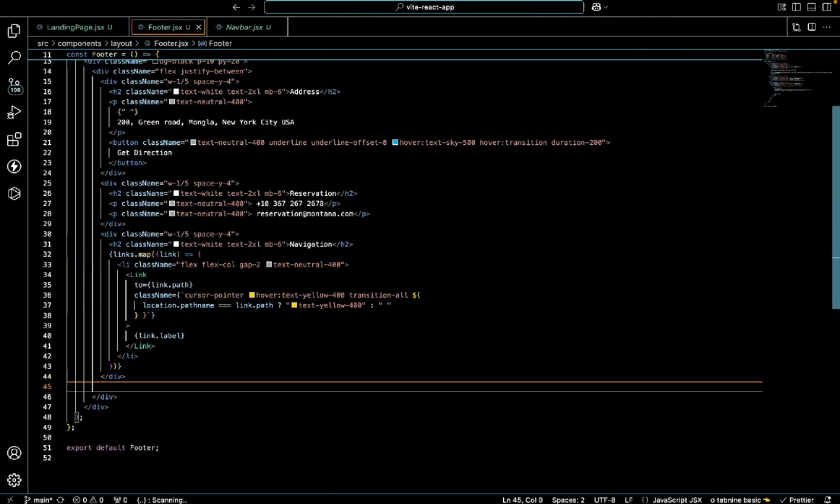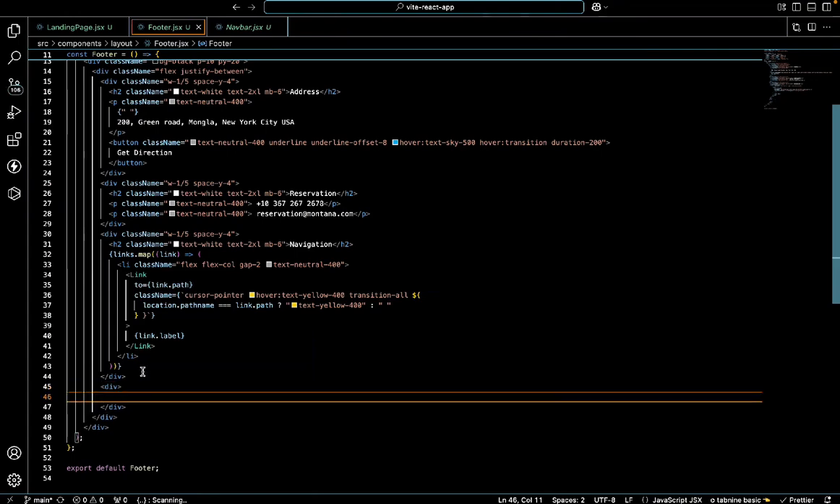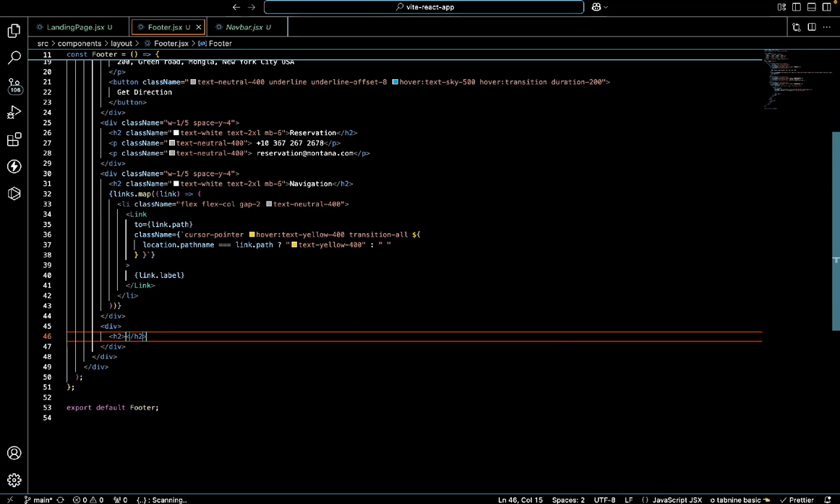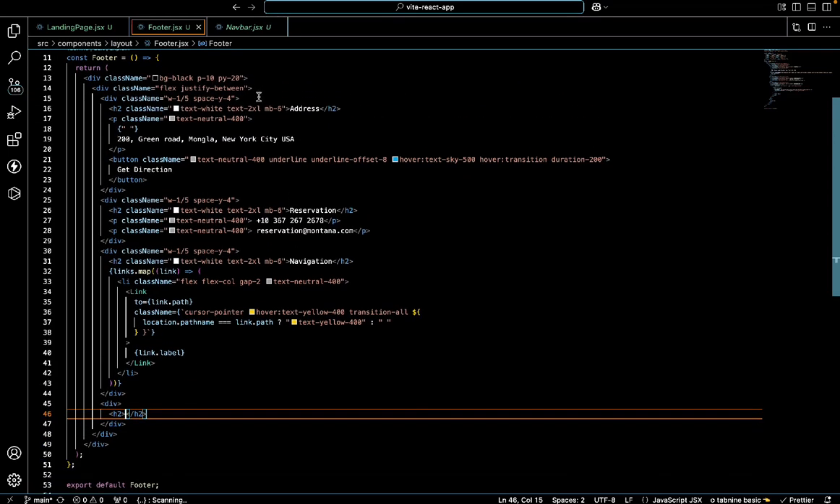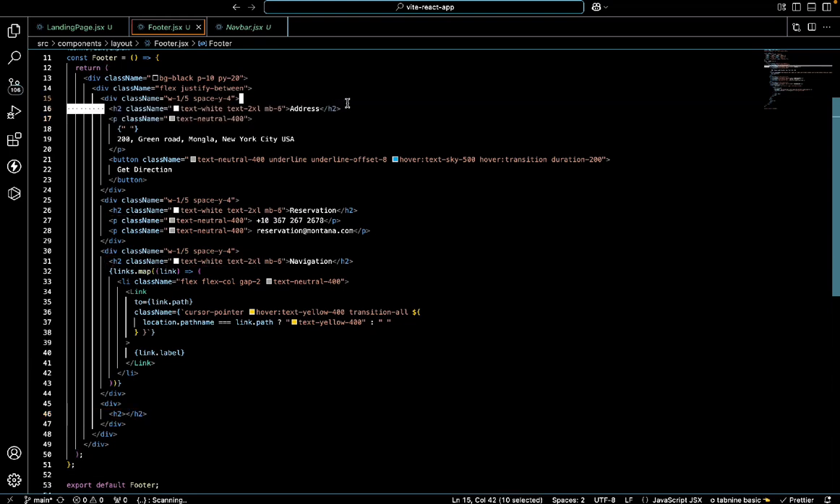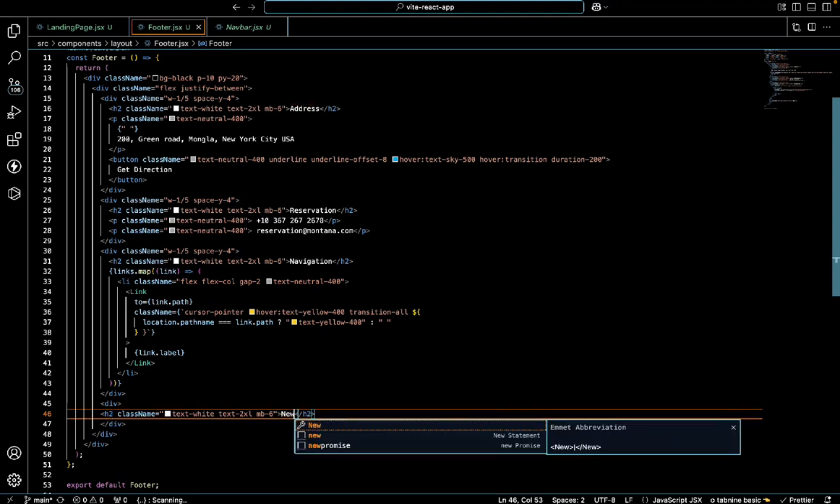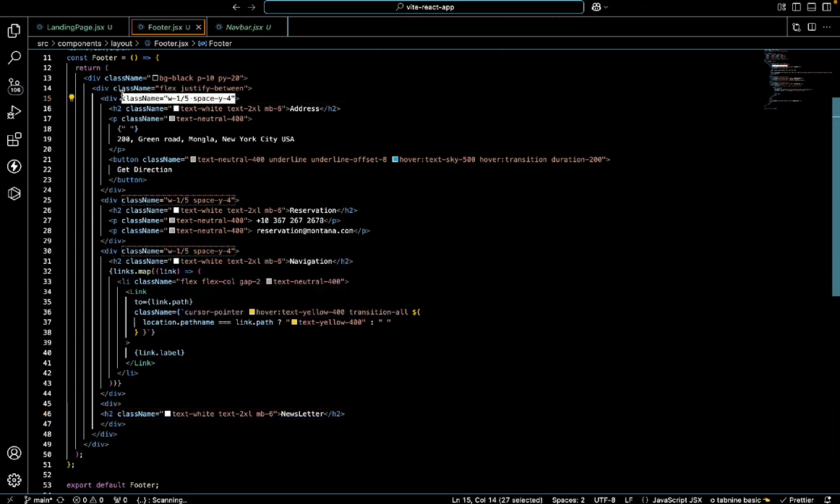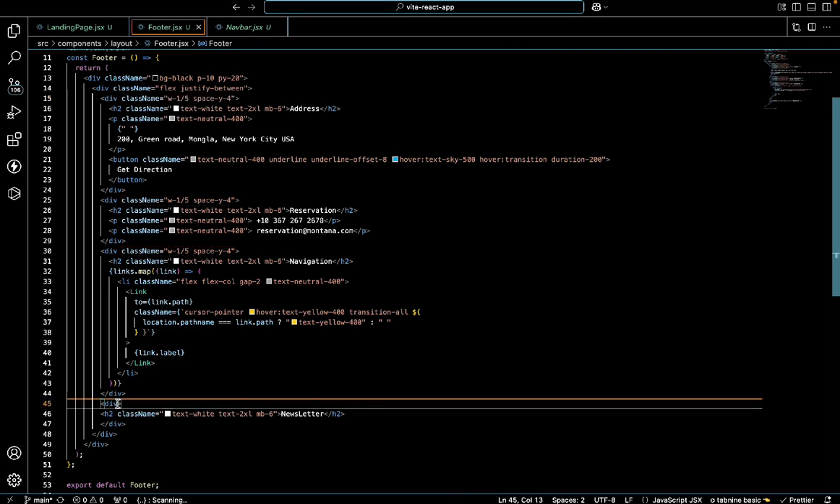Beneath here, we say the H2. I think the H2 is going to be copying these properties, so I'm just going to copy this. Give this newsletter. This div is going to have this property, so copy this, paste it beneath here,